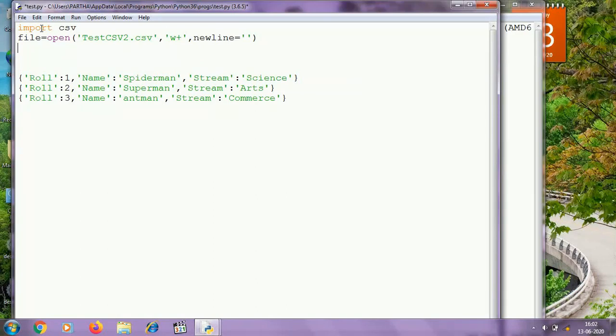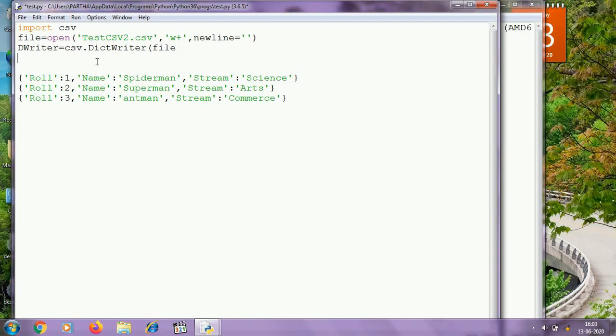In normal cases we need to create a writer object to write to a CSV file. In this case also we need a writer object, but here we need to create a DictWriter object using the DictWriter function of the CSV module. So I am writing dwriter equal to csv.DictWriter, within parenthesis the file object using which I have already opened testcsv2.csv.